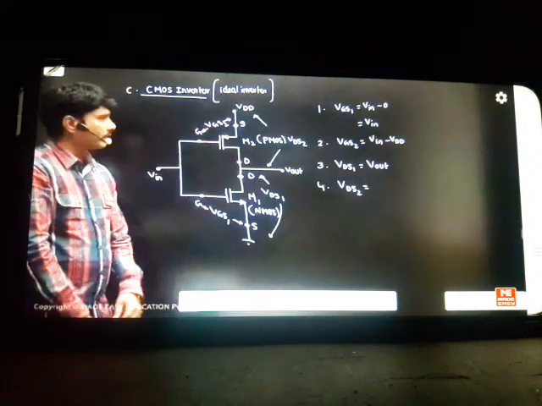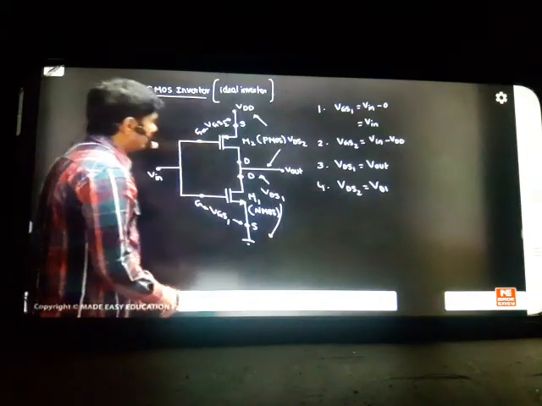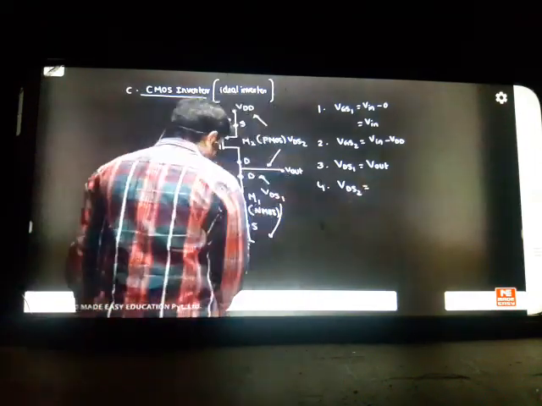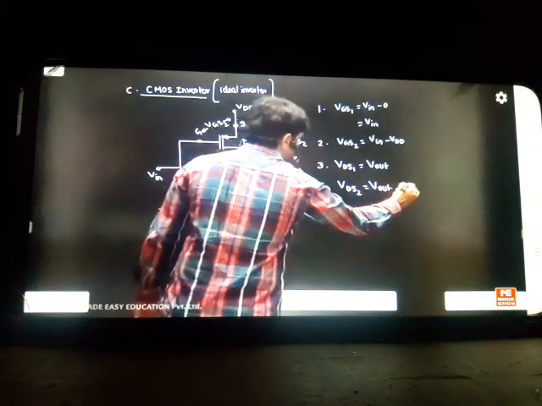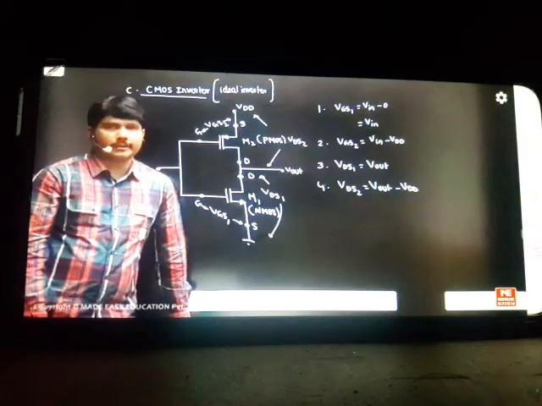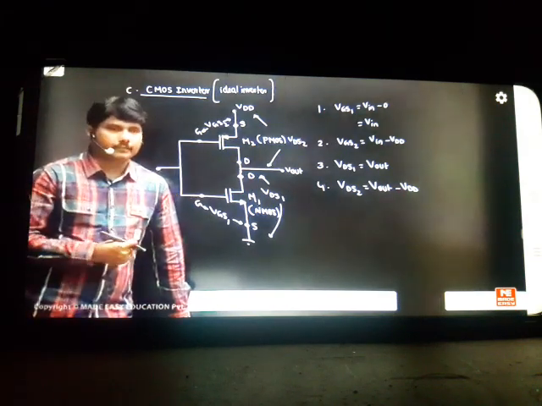The last point we have is VDS2. If I want to find VDS2 here, be careful, you have to start from here now. This is drain to source. So we have to write it as Vout minus VDD. So these are the 4 basic steps. That means VDS1 and VDS2 are not the same in the CMOS design, and VGS1 and VGS2 are not the same at any instant of values. All are different. So have this knowledge.